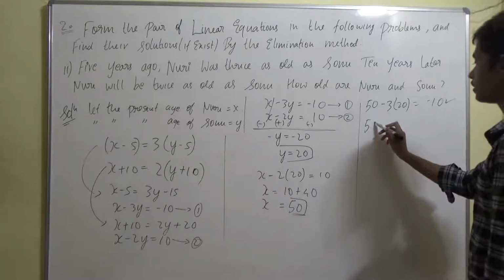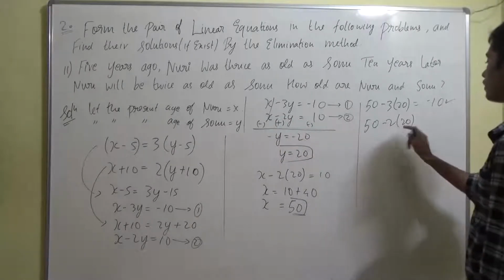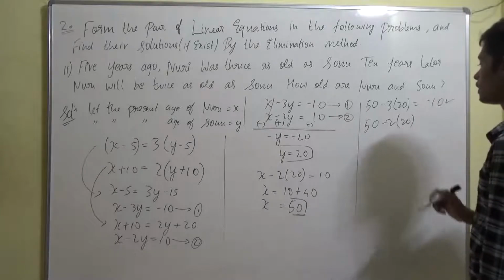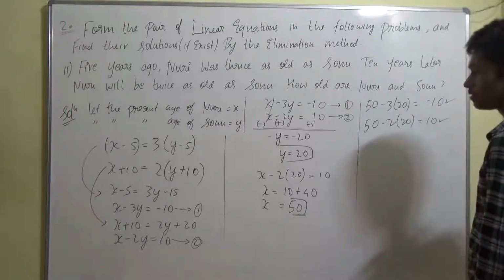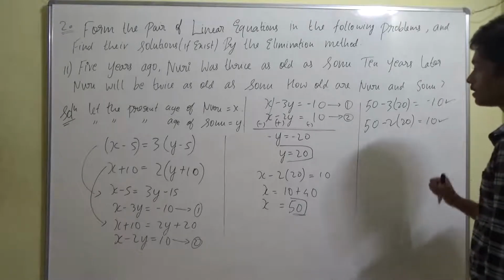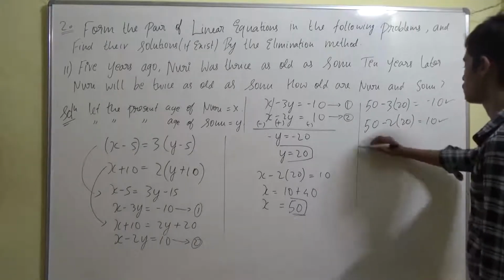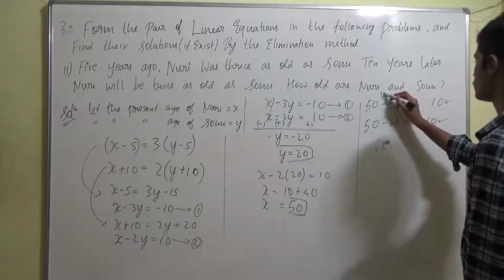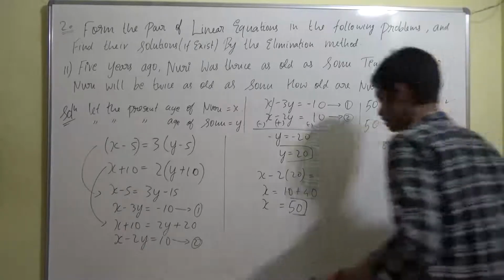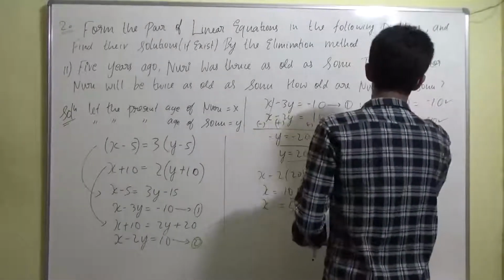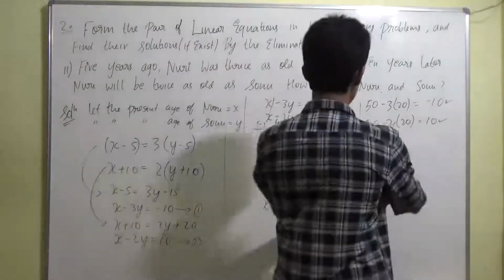Now x is 50, minus 2 into 20. x minus 2 into 20, the value of y is 20. Let's see whether it's going to be equal to 10. 50 minus 40 equals 10. Correct. So this was the verification process. These two steps were the verification. Actually, you have to write it here, before. You should write it here: verification step, right? That's it, done. So we found the values and we also did the verification step.